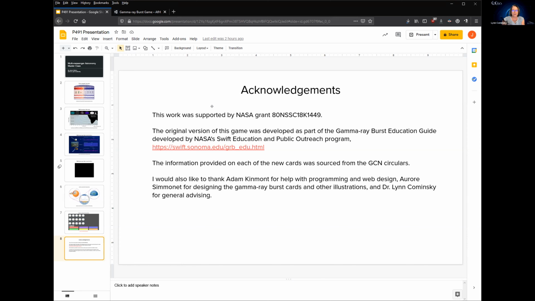On day 2, they work with the real data from the event that Jesse showed the animation of. And on day 3, the teams with all the different messengers come together and talk to each other to try to figure out what just happened and put the data together from all the messengers, and then hopefully conclude that it was a binary neutron star that merged, because that's what in fact happened that made the data we're using. So that's our plan.